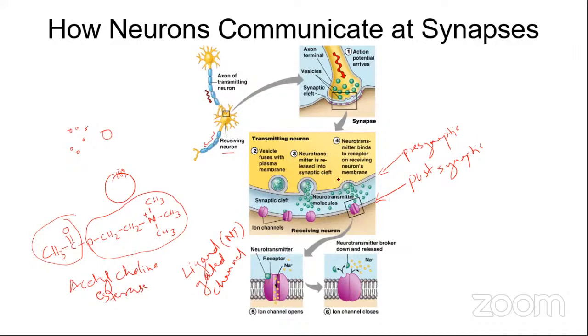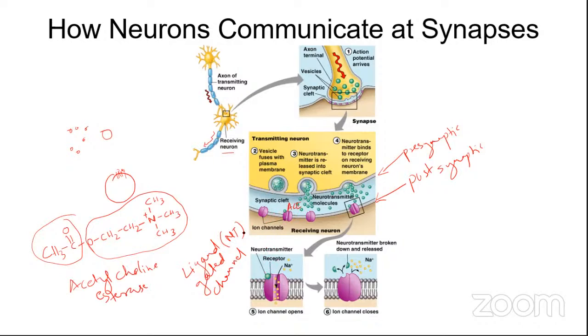Now, this is present in the synaptic cleft in this area. Okay. So, what happens is that it is always here. Now, acetylcholine esterase, I will write it like ACE. Okay. Now, what happens is that it is here at a particular concentration. And the neurotransmitters, as soon as we consider the neurotransmitter is acetylcholine now, as soon as they are released, there is always a competition between acetylcholine esterase and the receptor for binding of the neurotransmitter.